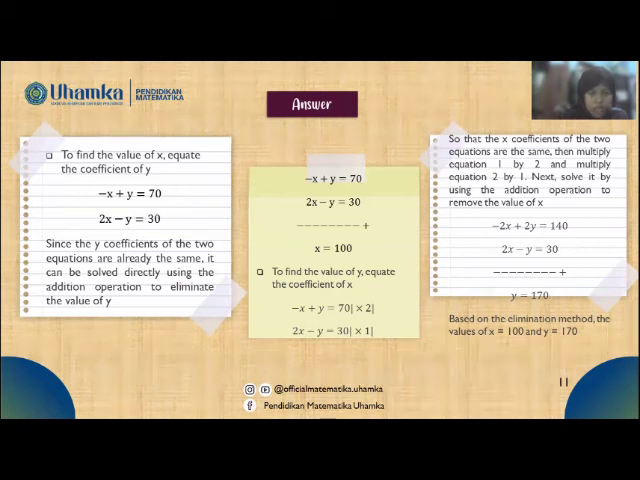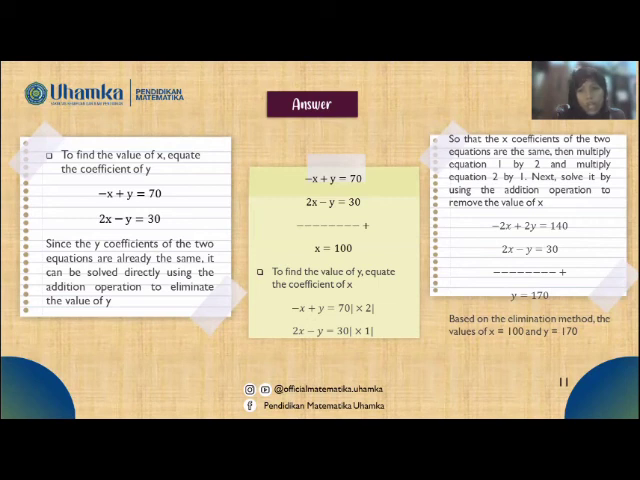Since the y coefficients of the two equations are already the same, it can be solved directly using the addition operation to eliminate the value of y. Negative x plus y equals 70, plus 2x minus y equals 30. Negative x plus 2x equals x. y plus negative y equals 0. 70 plus 30 equals 100. So, x equals 100. To find the value of y, equalize the coefficient of x,